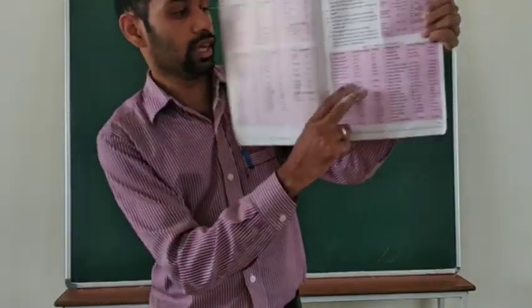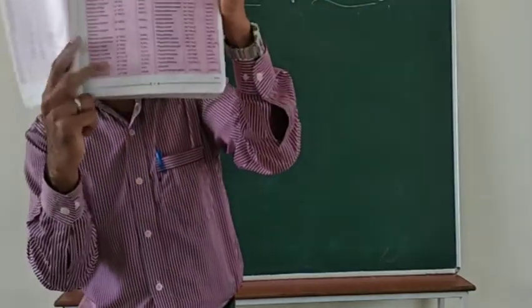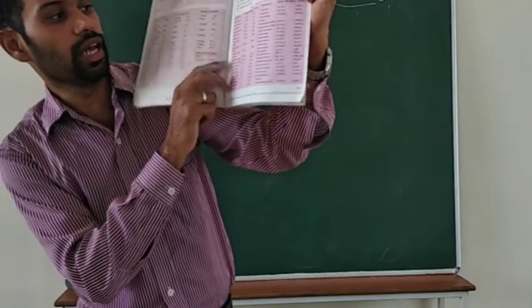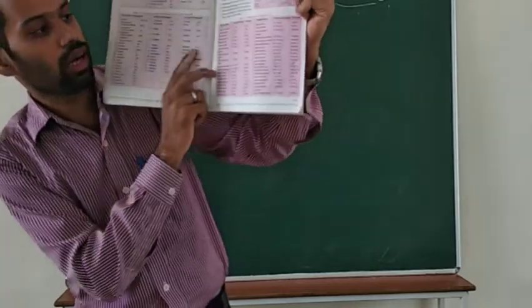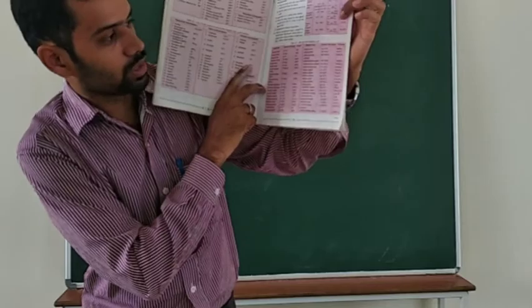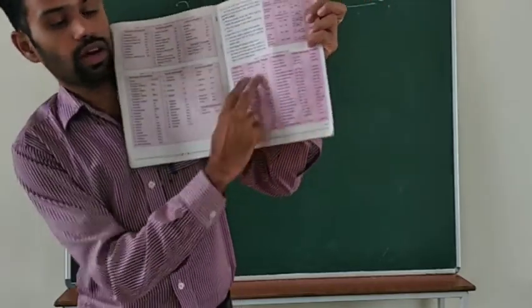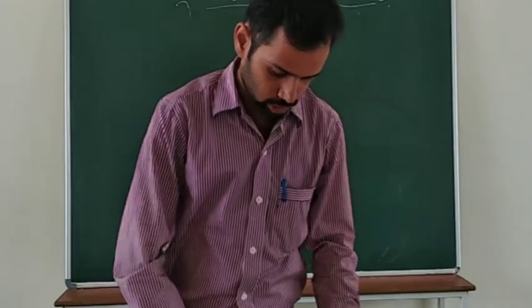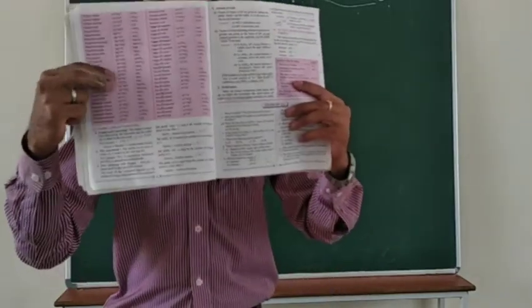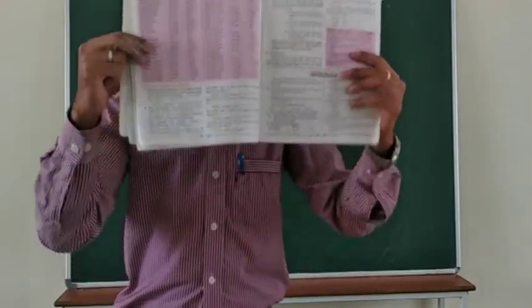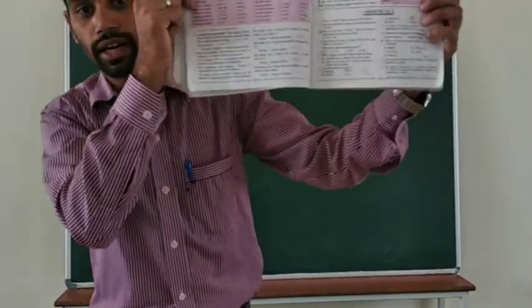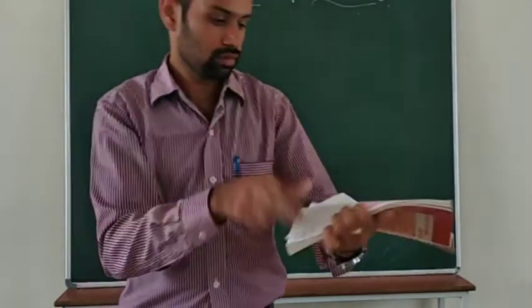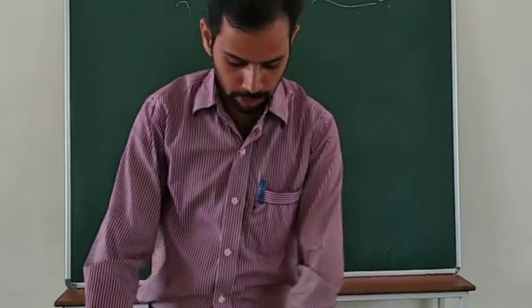Look at that. Here they gave so many examples: chemical name, symbol with the charge, formula. You should learn this one. And on the back side also, look at that, so many are there. You should learn this one. Understood? Then only you can write the chemical formulas. Then I will go to the next concept now.